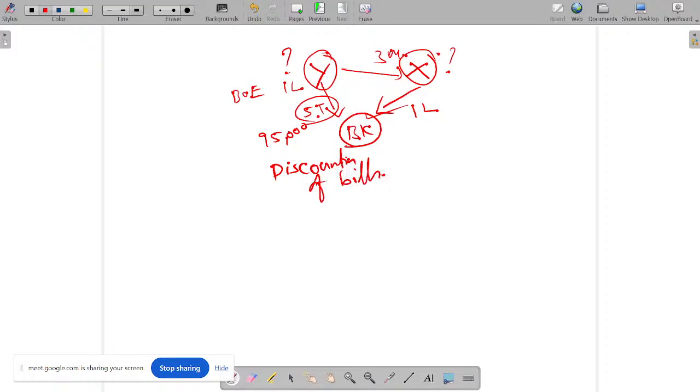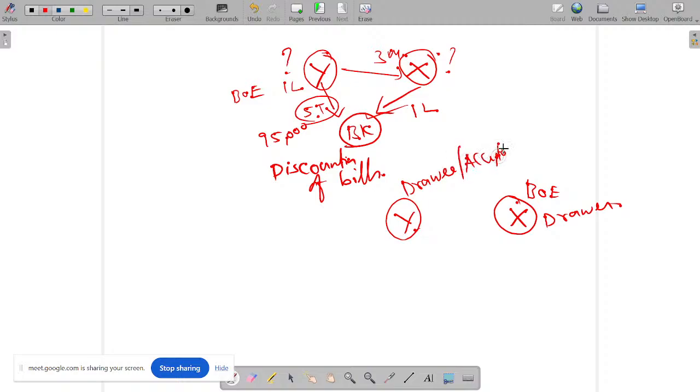This need not be done by Y alone. X also can do it. X says, you need money, but I also need money, I'm the one doing business. So X does the same work as Y. What is X doing? He is drawing a bill on behalf of Y. So who is the drawer in this case? X is the drawer and he is the drawee, and once he signs the instrument, he becomes the acceptor. So obviously it becomes a valid instrument.